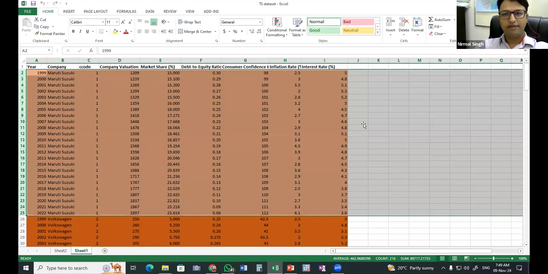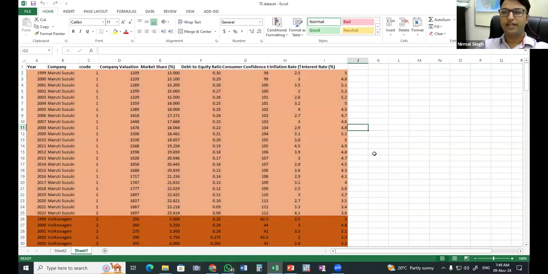Why do we take the panel data? Because it captures different effects. For example, we have different companies ranging from Maruti Suzuki to Volkswagen, different automobile companies. Say regulatory norms are introduced in a country. Those norms will be impacting all the companies simultaneously. Or, for example, if one company is increasing its market share, then it will impact the other companies' market share as well. So in order to capture those impacts, we need a data set which has all these characteristics. That is why the panel data is very useful compared to other kinds of data sets.